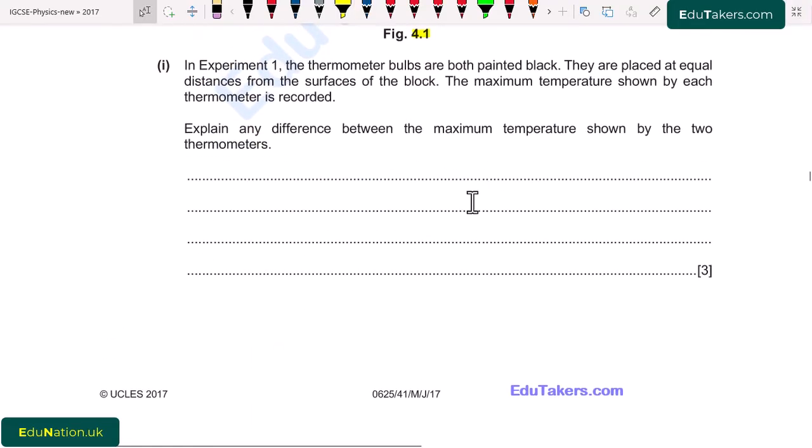In experiment 1, the thermometer bulbs are both painted black. They are placed at equal distances from the surface. Maximum temperature shown by each thermometer is recorded. Explain any difference between the maximum temperature shown by the two thermometers. So going back to the figure,